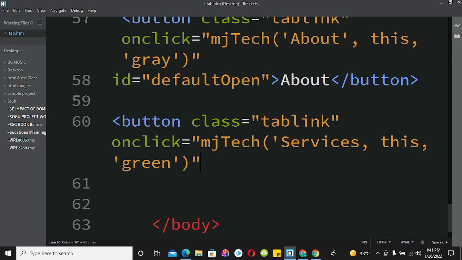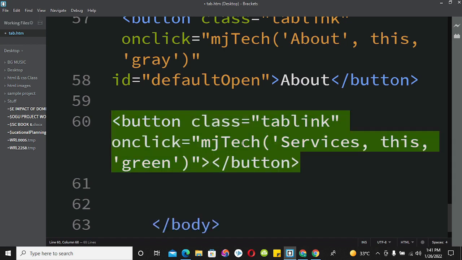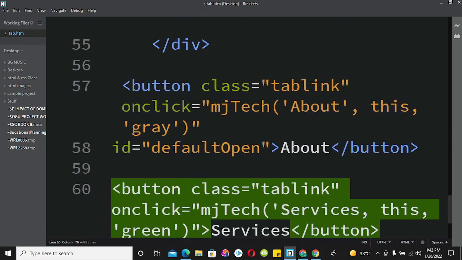So I'm going to close this here, and in between we have the services coming up. I'll bring this in. Okay, so this is for the about